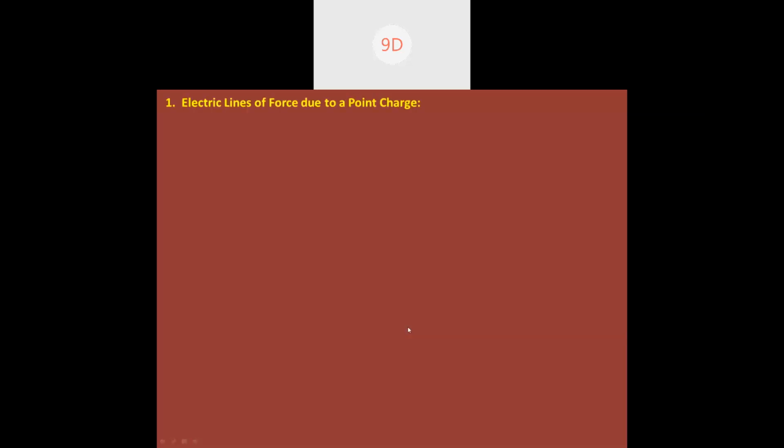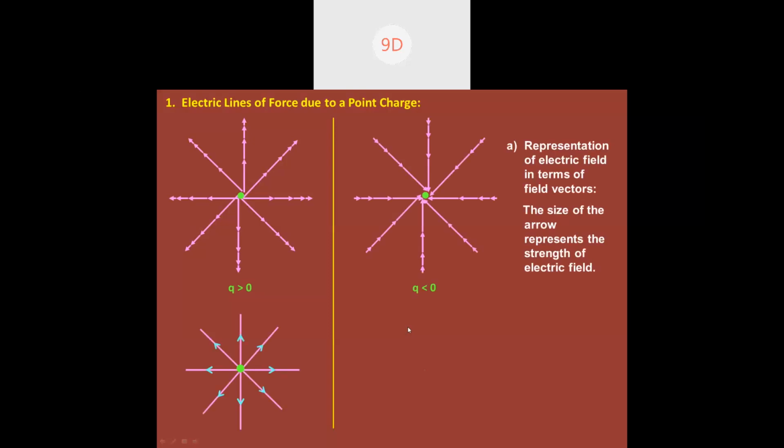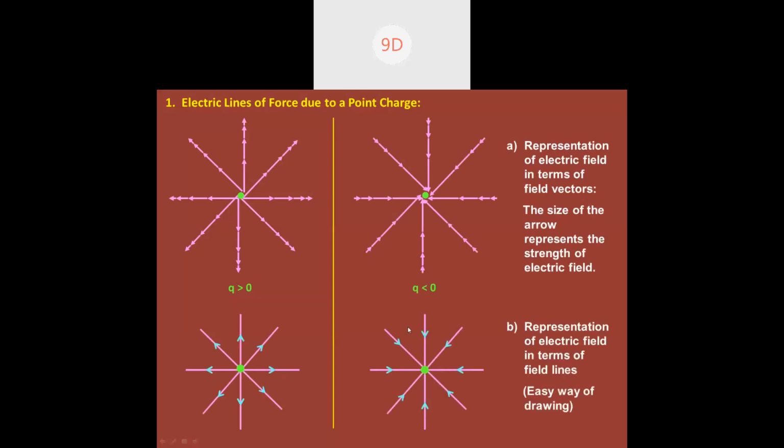Moving further. This was already discussed. Once see the diagram, guys. If you are not understanding, we will discuss. Electric field for one positive charge. This is positive charge, charge greater than 0, meaning this is a negative charge. For positive charge, the field lines are radially outward. For negative charge, the field lines are radially inward. Right? The same thing is represented in another way. Vectors means we'll use individual lines, that's all. Field vector means individual lines. This is just electric field, straight lines.